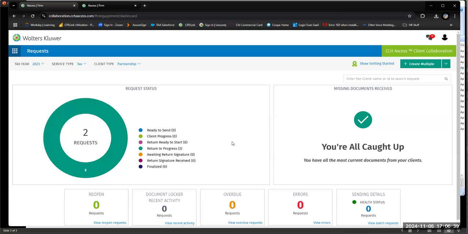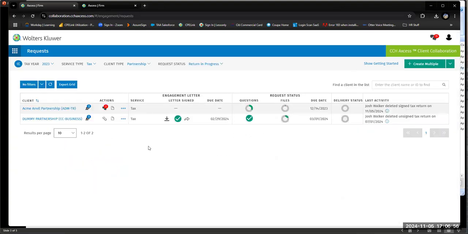Now, it's here in partnership that I can see I have two requests that are return in progress, meaning I'm working on these returns. So now let's just assume I am ready to deliver the return to the client. What do I do? Well, I just come in here to return in progress, and I find the request I'm looking for. So Acme Anvil partnership in this case. I'm going to click on the three little dot actions button here,